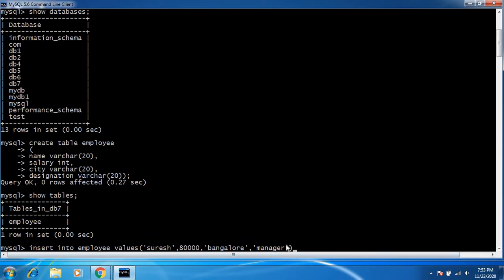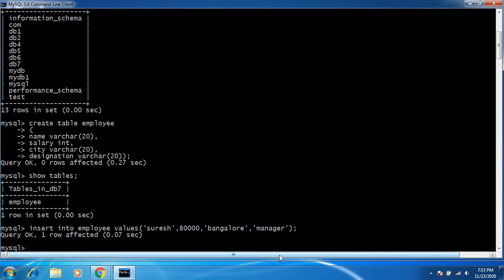The remaining things have been enclosed in the quotes. So after this, press enter. So a new row is inserted here. So after this, I want to insert one more row.